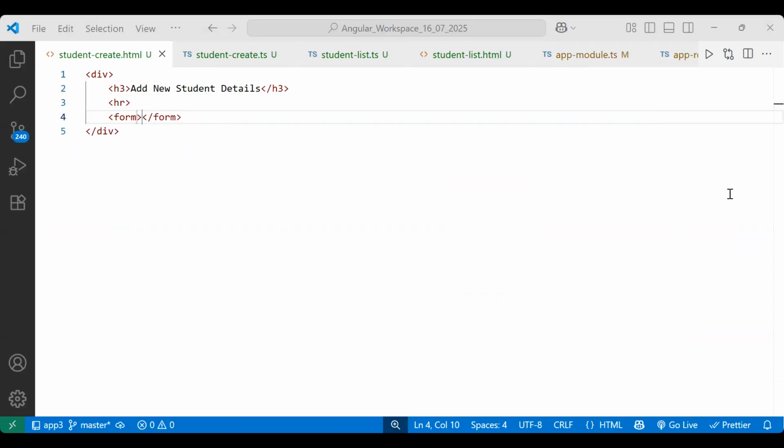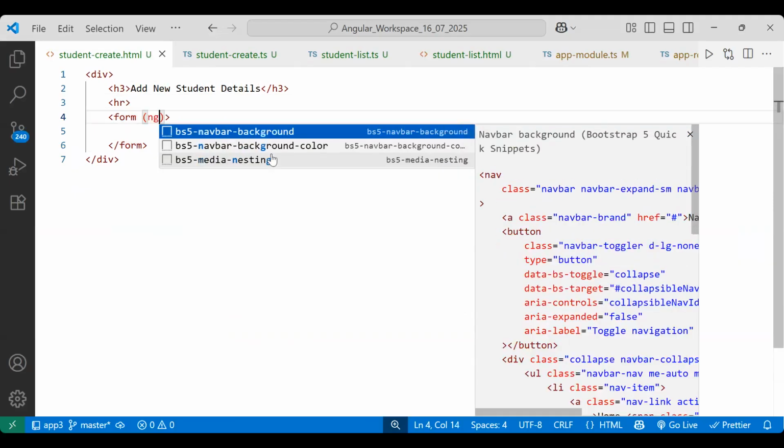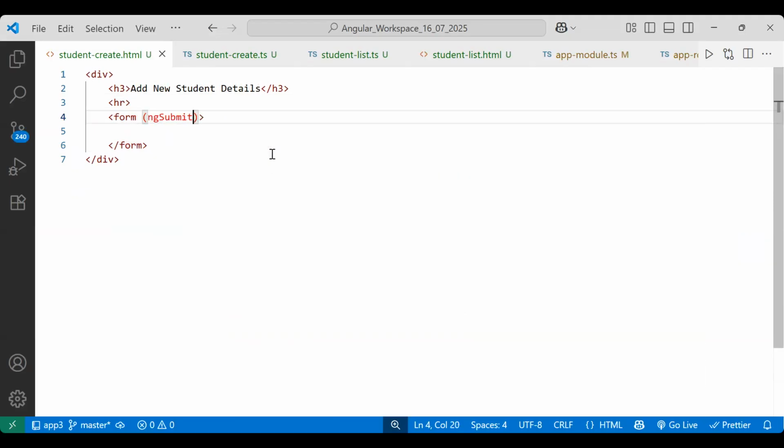Please confirm. Okay, now whenever I submit this form, I want to handle this submit event and call create